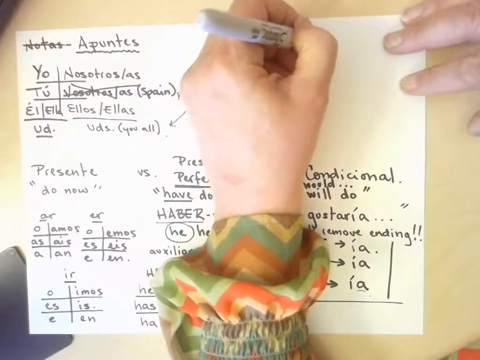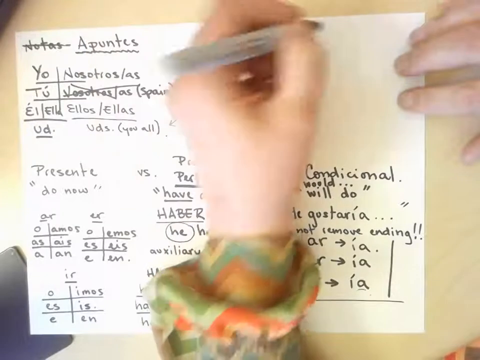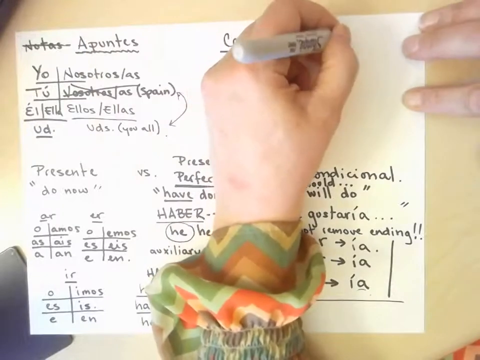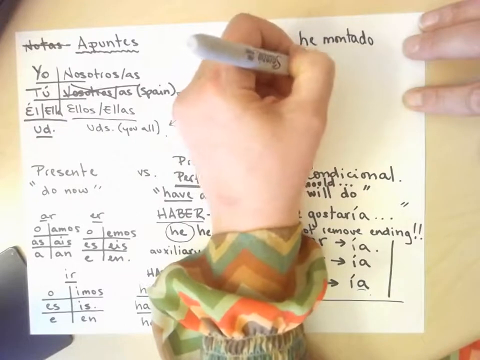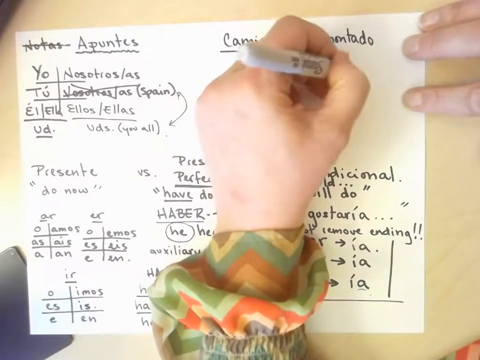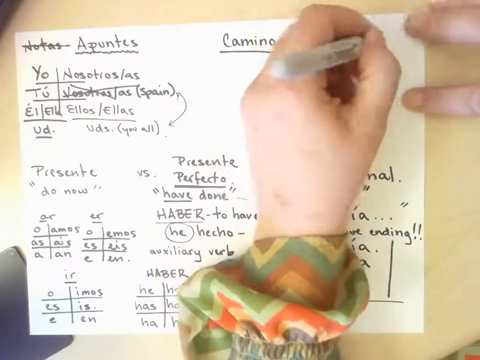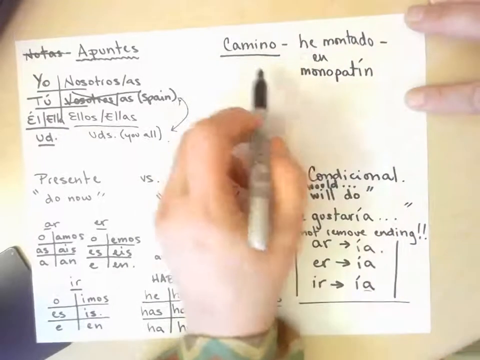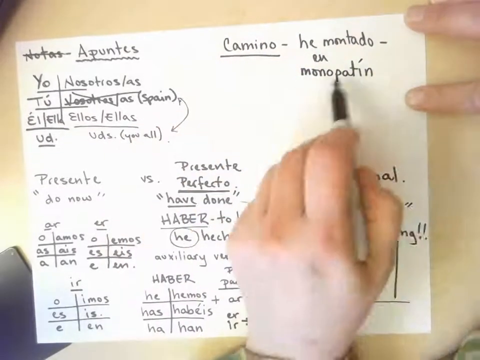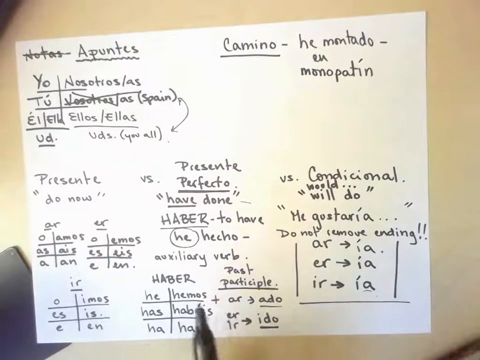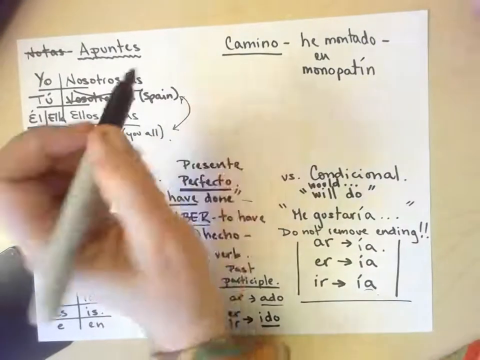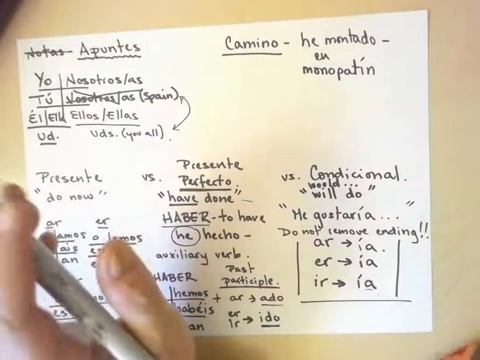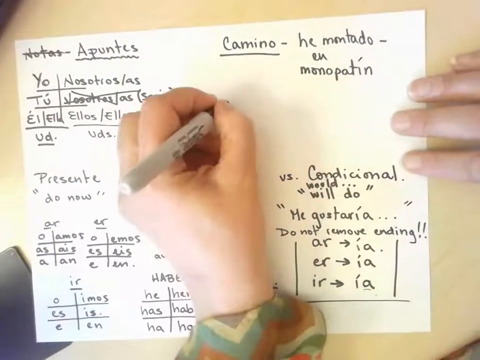Yo he montado en monopatín. Sí, he montado en monopatín, and that's true. I walk some now, but I did skateboard in my youngin' days. Yo camino ahora. He montado en monopatín en mi pasado, pero